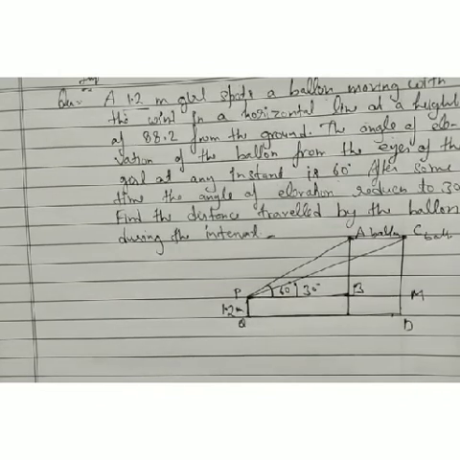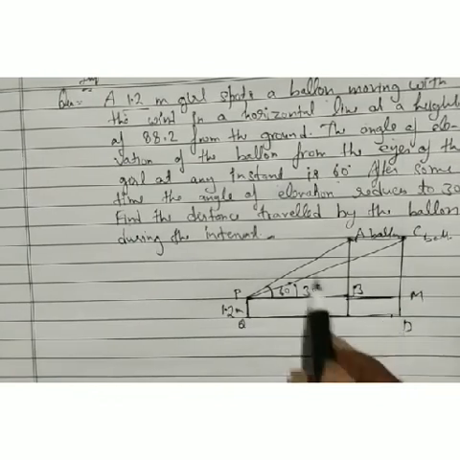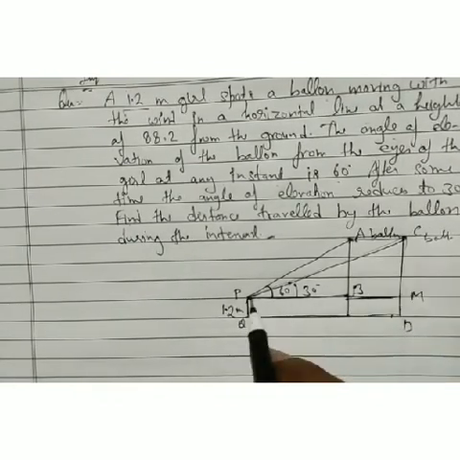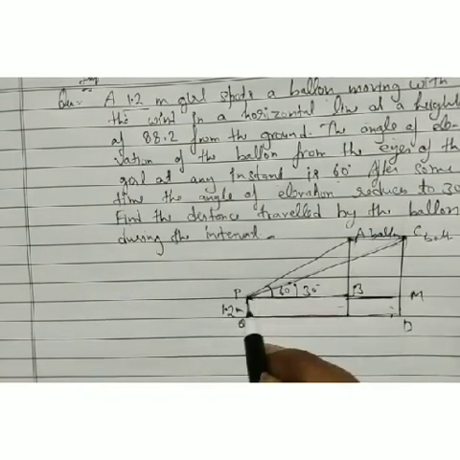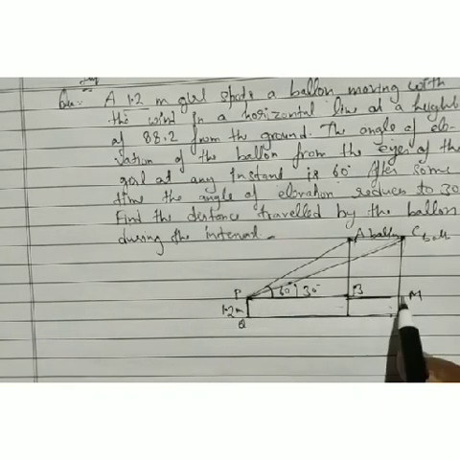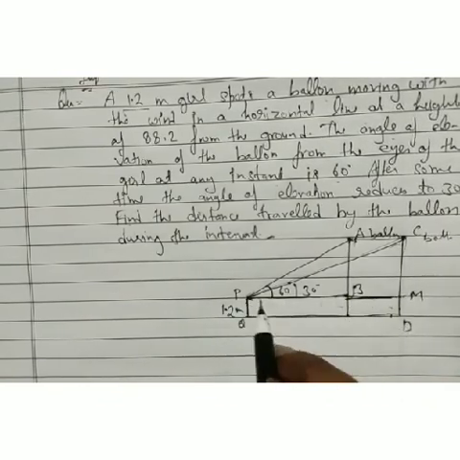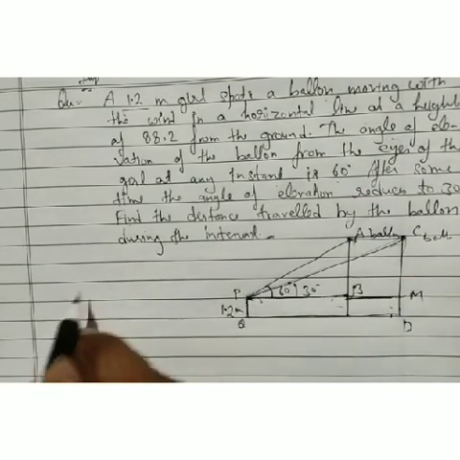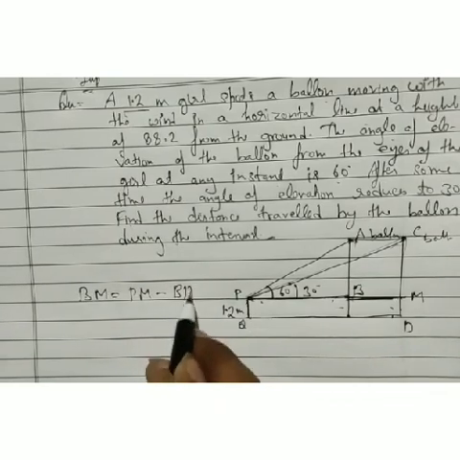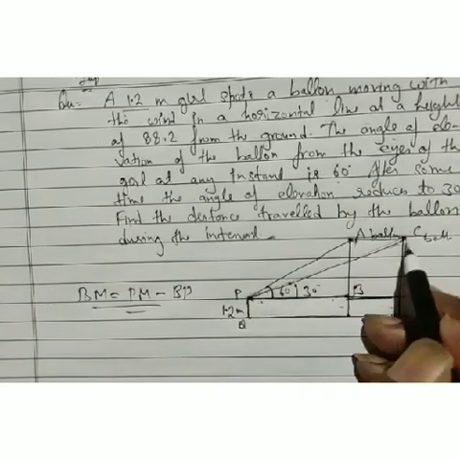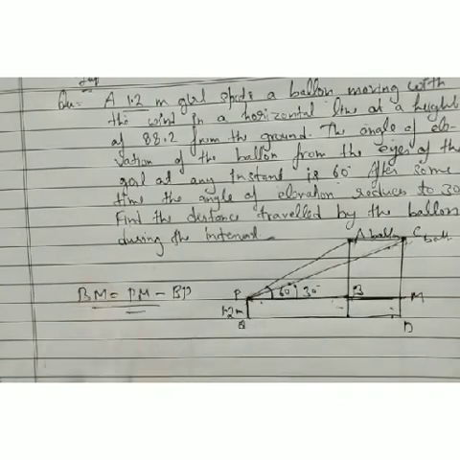We have to find a distance. Which distance? We have to find the distance AC, which means we have to find the BM distance. Then we take triangle PCM and triangle PAB one by one, and after that we find our distance BM. How can we find BM? We can find BM by PM minus BP. Using the figure, first of all take the right angle triangle CMP, and then take the right angle triangle ABP. Then you are able to find the solution.